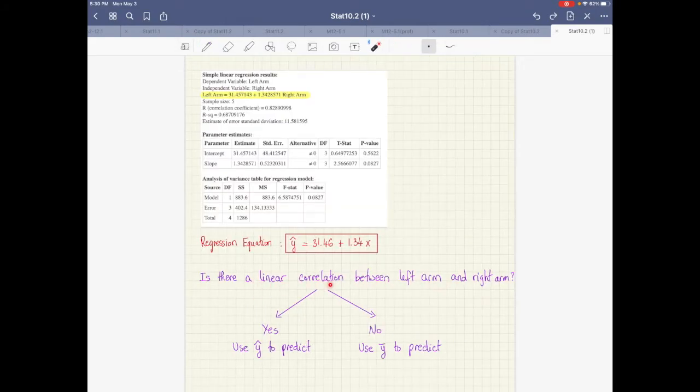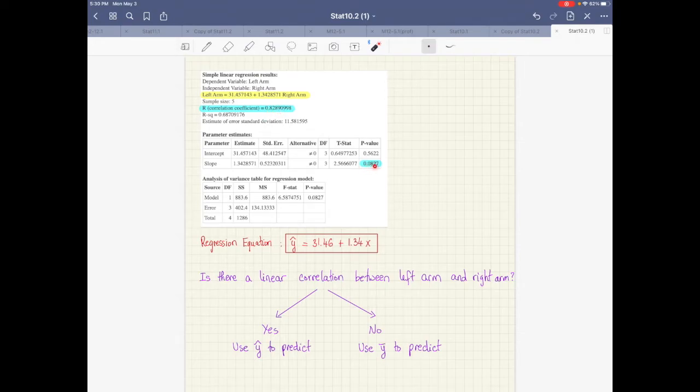How to answer this question? How do I know if there's a linear correlation? I need to look at the R value and the P value. I always use the P value to confirm my answer, because even though R looks like that is close enough